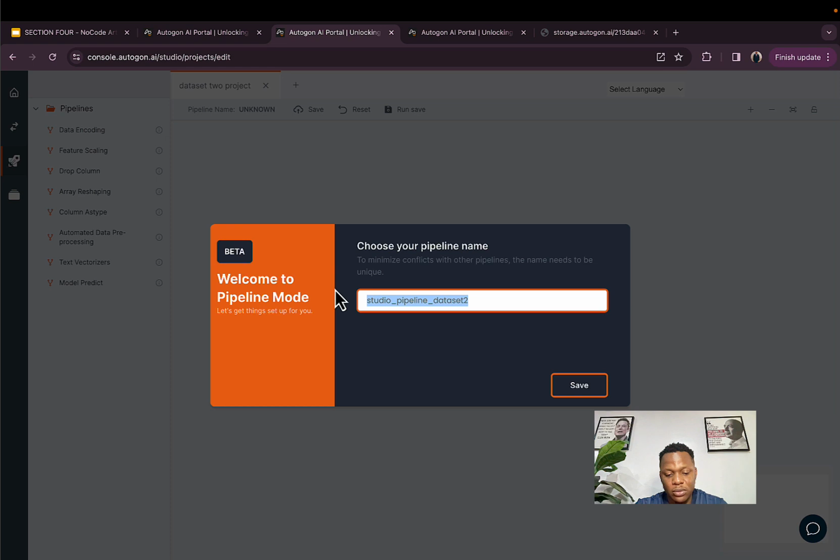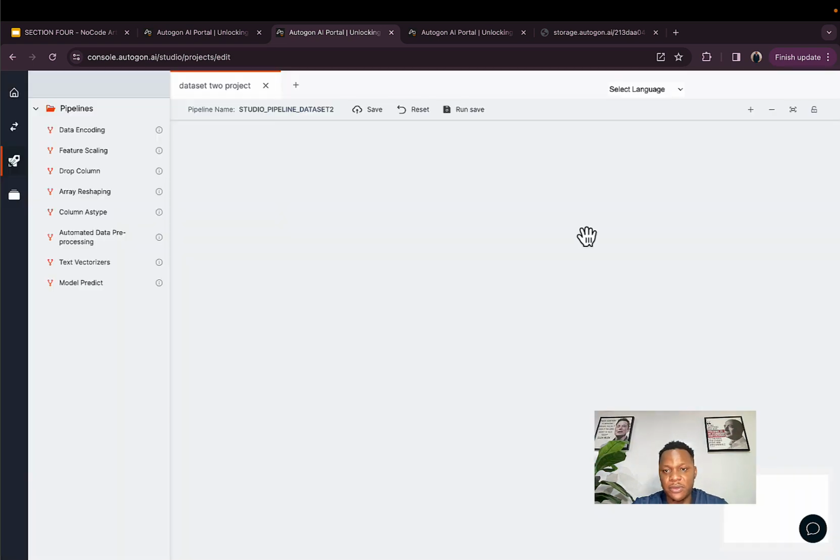Okay, dataset 2, studio pipeline, and we'll save this. Beautiful. So this is the pipeline editor, and don't forget, there are data preprocessing blocks that store weights. Data encoding stores weights, feature scaling stores weights, drop column, very important, array reshaping, and these are various functions